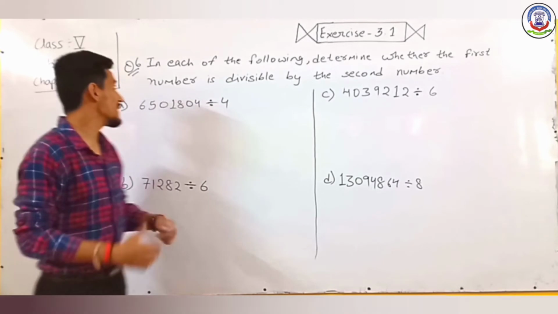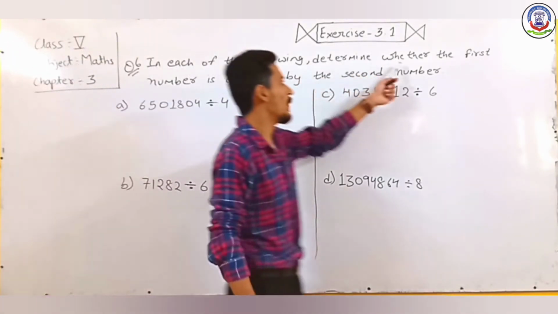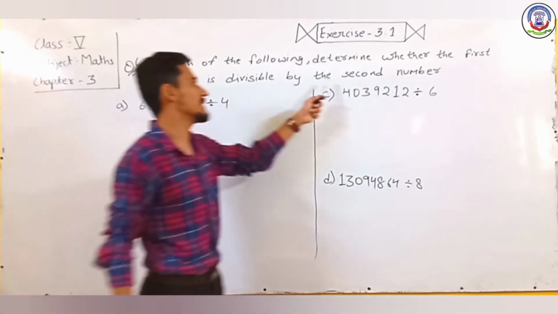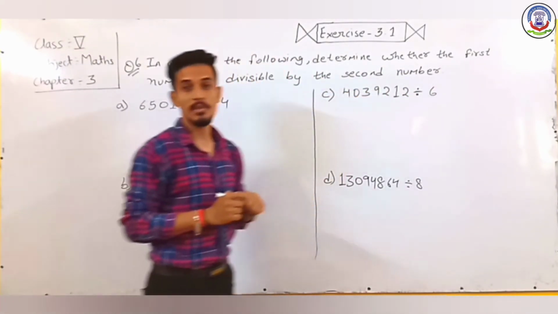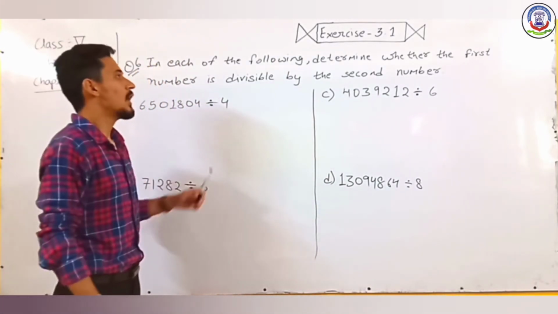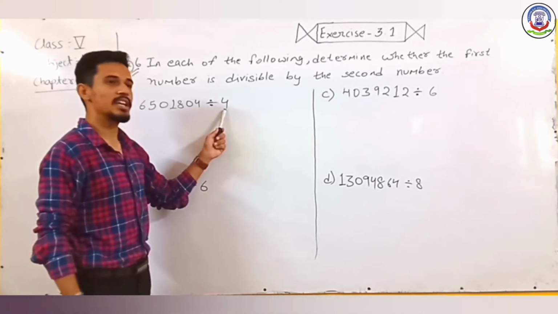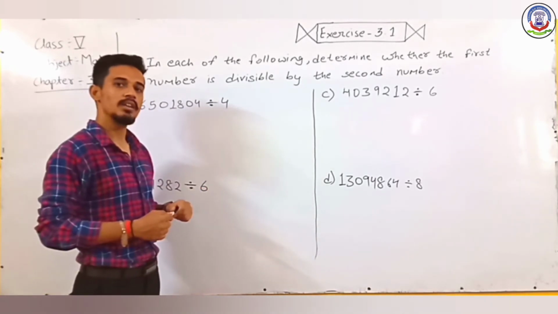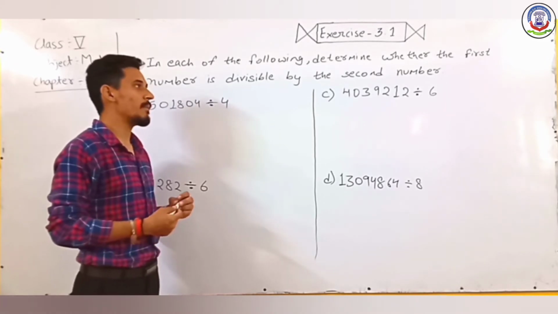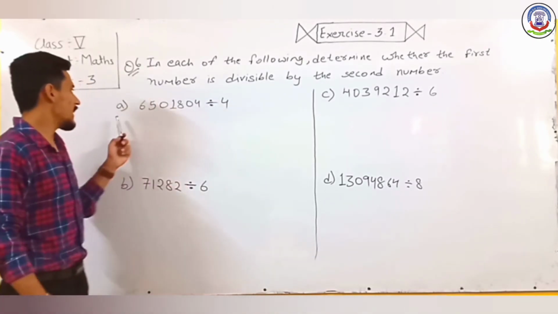Now question number 6. In each of the following, determine whether the first number is divisible by the second number. इसमें भी हमें क्या बोला गया है कि हम लोग को जो ये नंबर्स दिए गए हैं, हम लोग को बताना है कि फर्स्ट नंबर जो है वो सेकेंड नंबर से डिविजिबल हो रहा है या नहीं. So for this we have to remember all the divisibility rules. So first we have